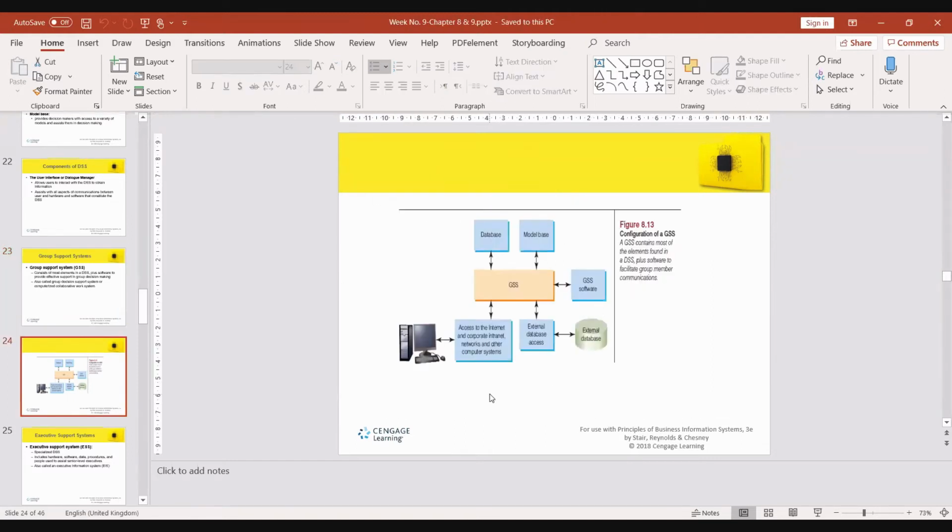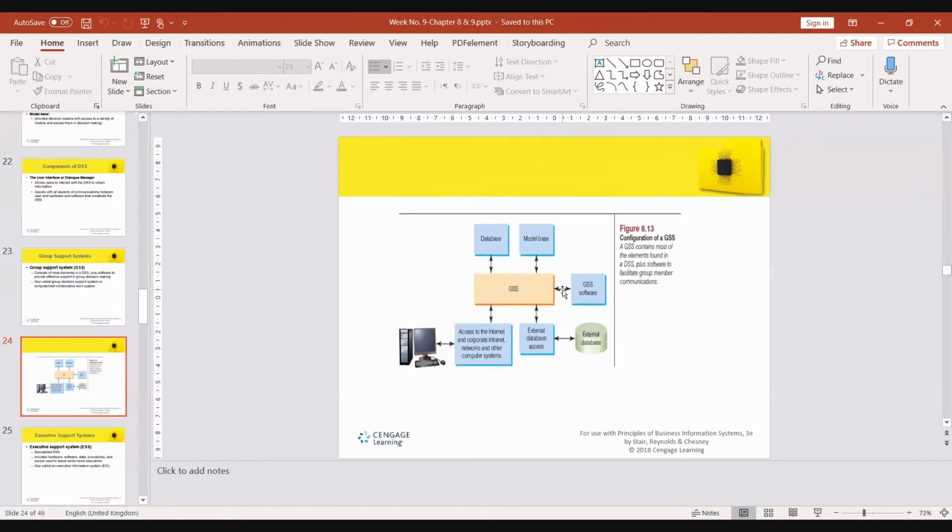So in its configuration, right in the middle we have the GSS, and there is special software, the group support software, that will be used to support this system. And of course, in every system there must be data. Whenever you are going to take a decision, you need historical data. So the database will be there, the model base will be there. The only difference here is the GSS software. The rest is almost the same if we compare it with the